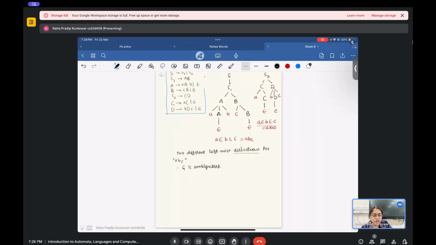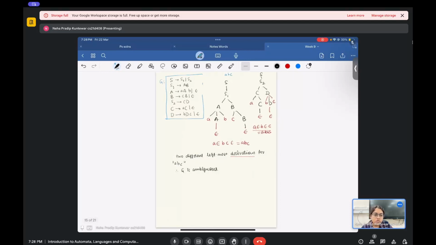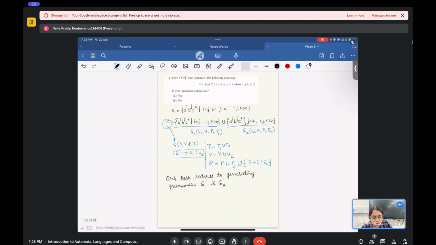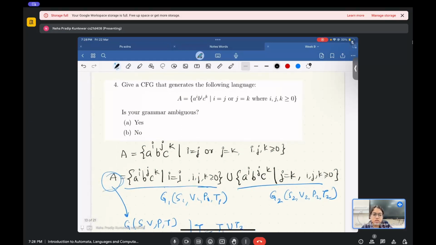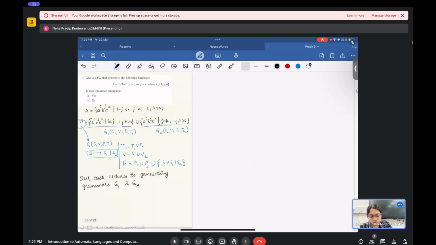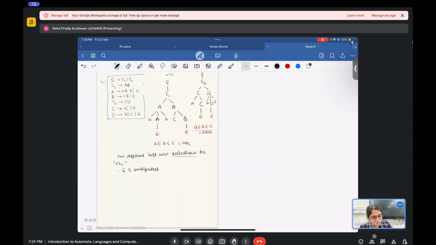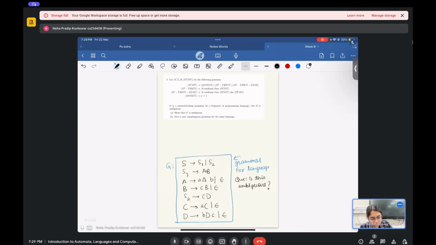Okay. So that is basically the given example. So what we did was we generated a grammar for this language, and we showed that the grammar that we generated is ambiguous. We haven't yet shown that the language is ambiguous. All we said is that the grammar that we generated is ambiguous. So if there is time, we will look at how to show that the language is inherently ambiguous. That is not what we showed now, but if there is time, we will see that. Okay, so if that is clear,